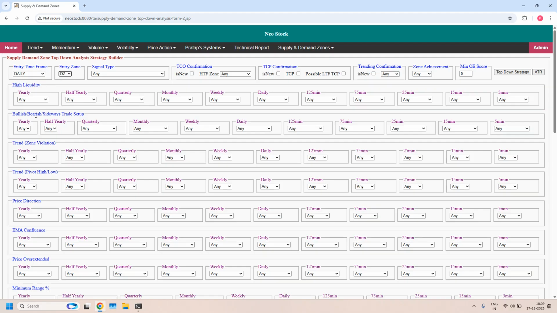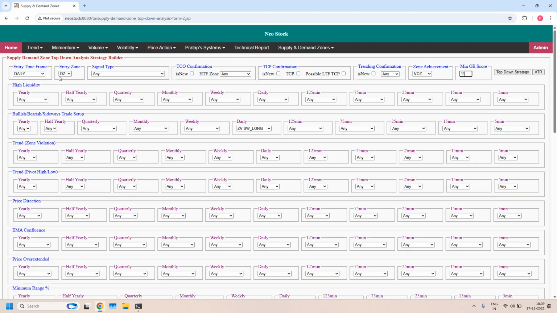zone, bullish or bearish or sideways trade setup parameter at entry time frame daily. I am selecting sideways long. Zone achievement should be violated opposing zone. Minimum odd enhancer score should be 11 for sideways. And third filter, daily demand zone should not pierce actually, but only for daily time frame I am allowing, not